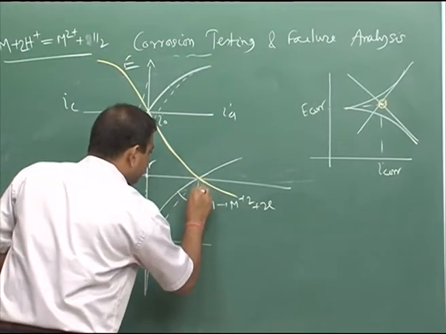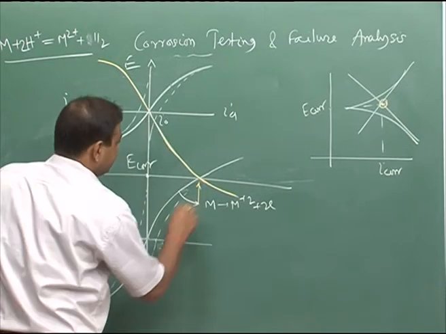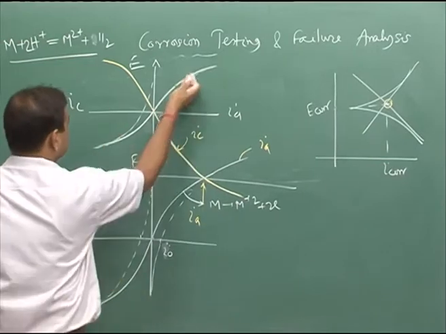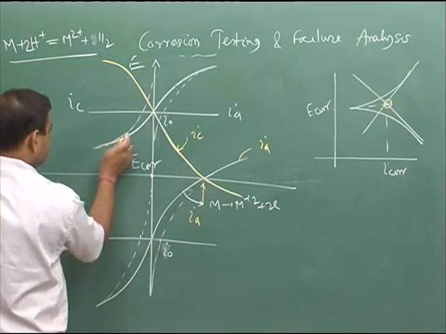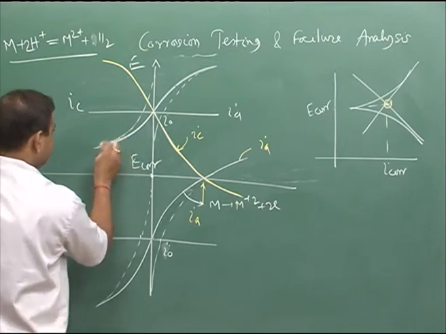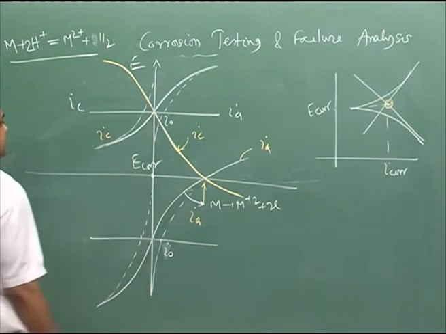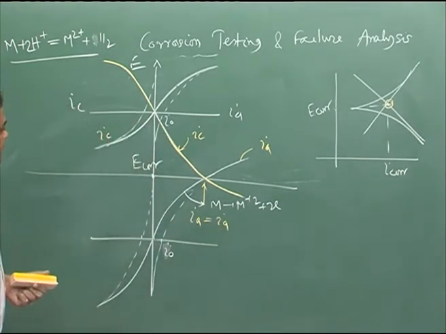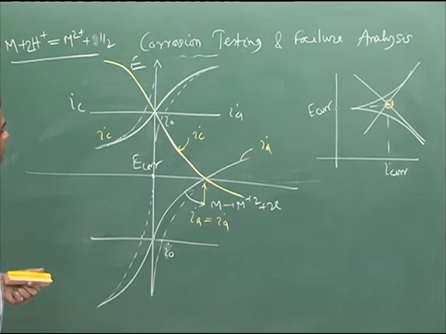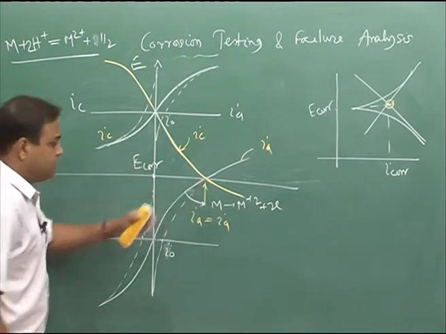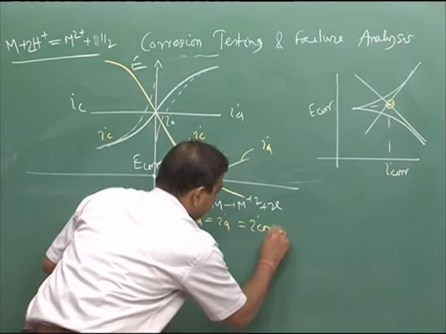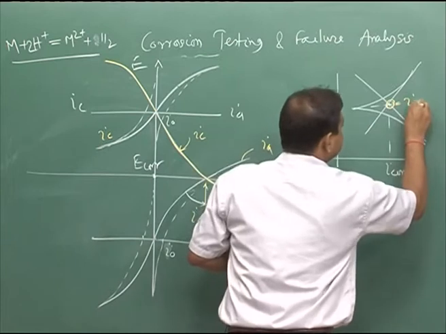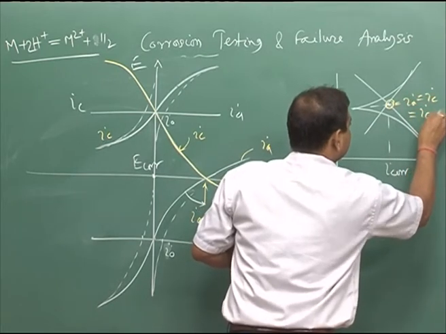Because at this point, this is my I A and this is my I C, because this part is the mirror image of this and this is my I C for the cathodic reaction. So, I C equal to I A, and this would be nothing but I core,